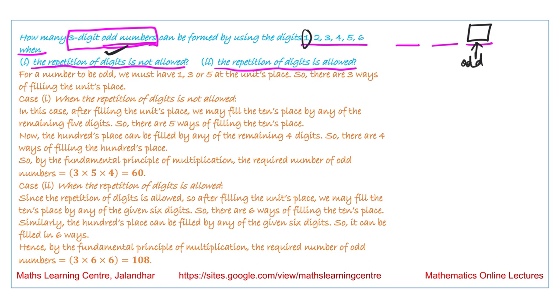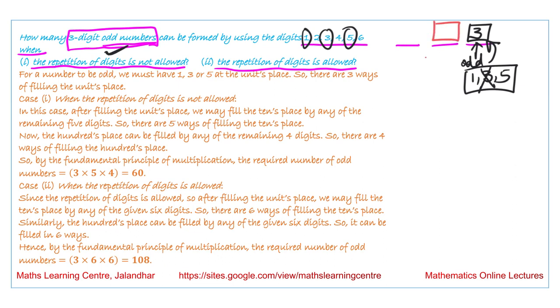So out of these, we have the options 1, 3 and 5. So we have 3 options over here. Only then will the number be odd. If one of these numbers is occupied at this place, then for this place